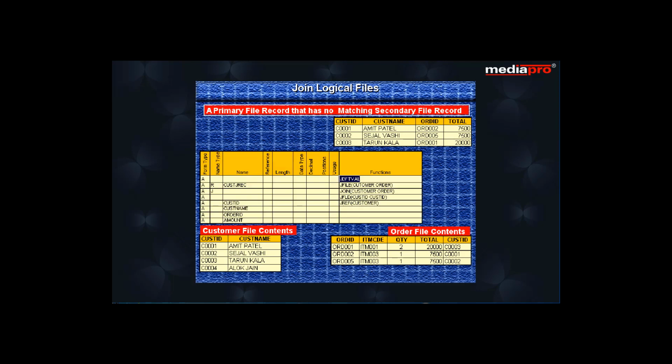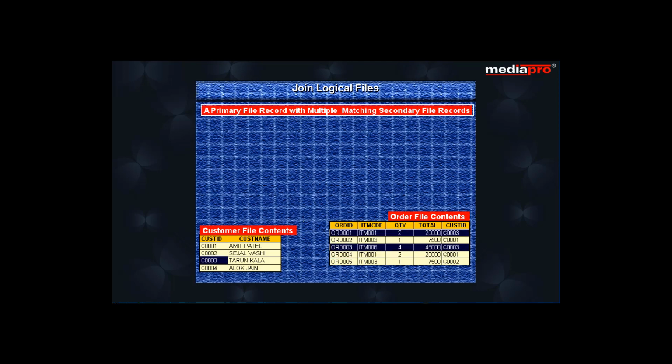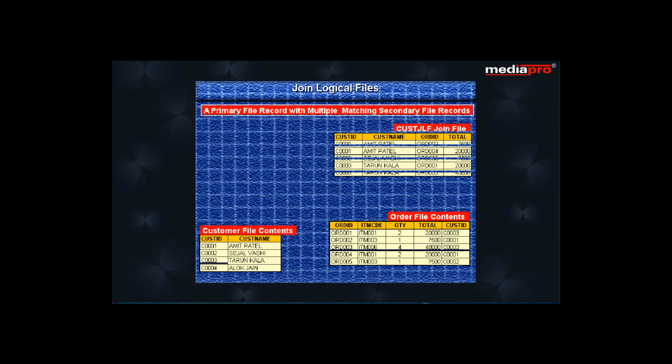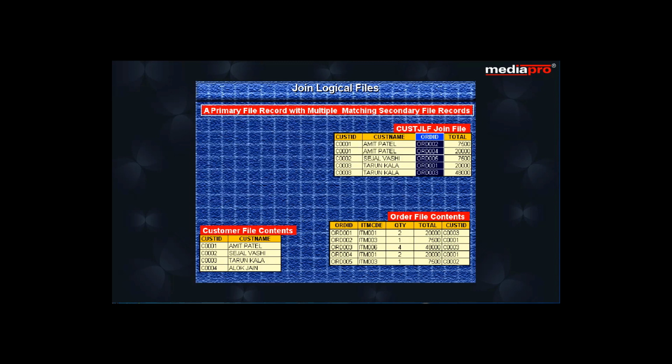However, if the join default values keyword is used, DB2400 returns the primary file record with default values for all fields from the secondary file. Another situation: a primary file that has two or more matching secondary file records. In this case, you can use the join duplicate sequence keyword to specify the sequence in which you want to